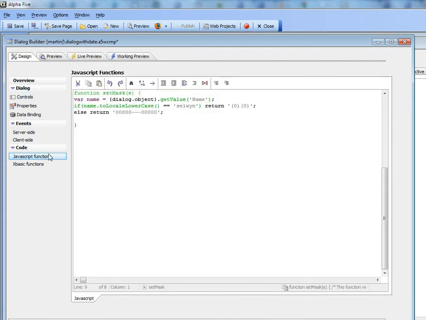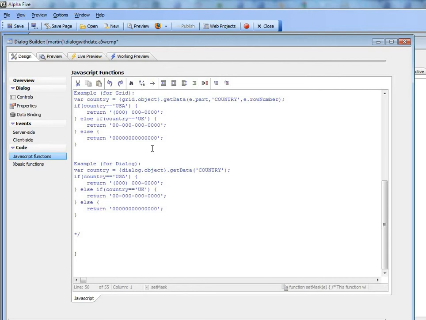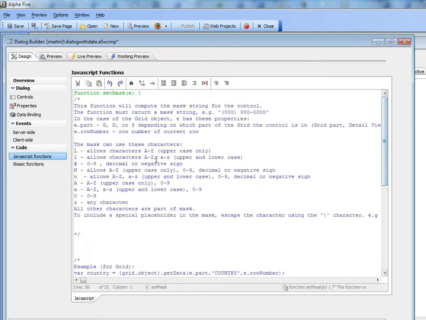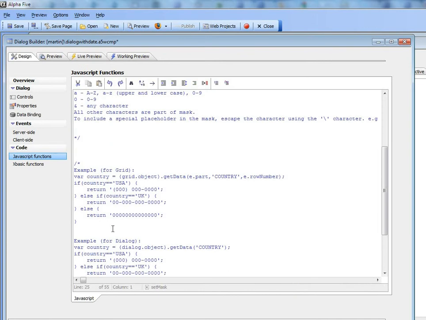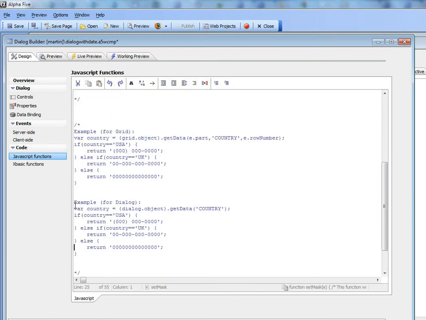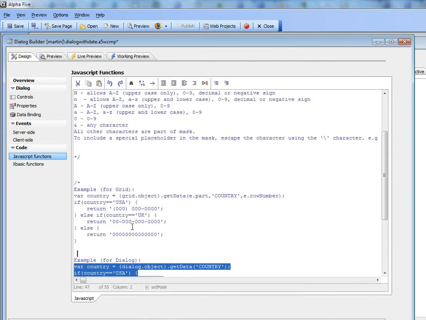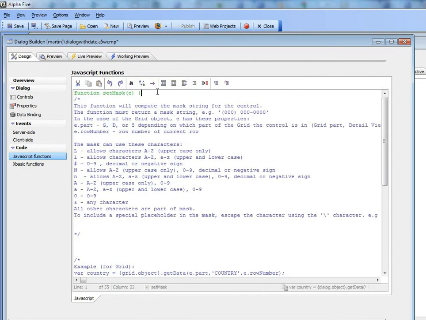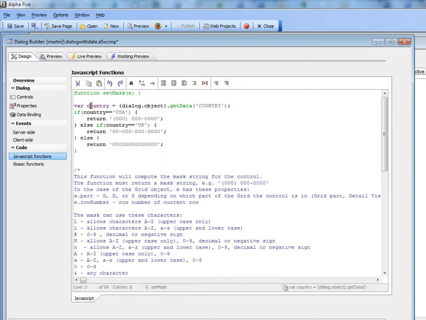and then go to my JavaScript functions over here, and let me just delete what's there, paste that in, and you can see here that the example says that for a grid, so let's basically could use code like this. So let's go here and copy this code to the top here, and then go here and start actually writing code. So we're going to say instead of country, we're going to go here and say part, and we're going to read the value in the